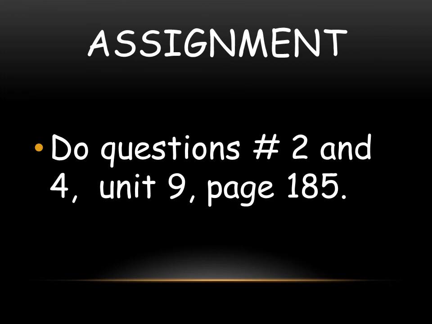Then the second question, which is question number 4, is: choose two types of infrastructure from the list above, and for each explain its importance to businesses on an industrial estate. And these are the main amenities: water, electricity, gas pipes, telephone, and roads. So you have to give only two types of infrastructure, and then explain their importance to the businesses on an industrial estate.